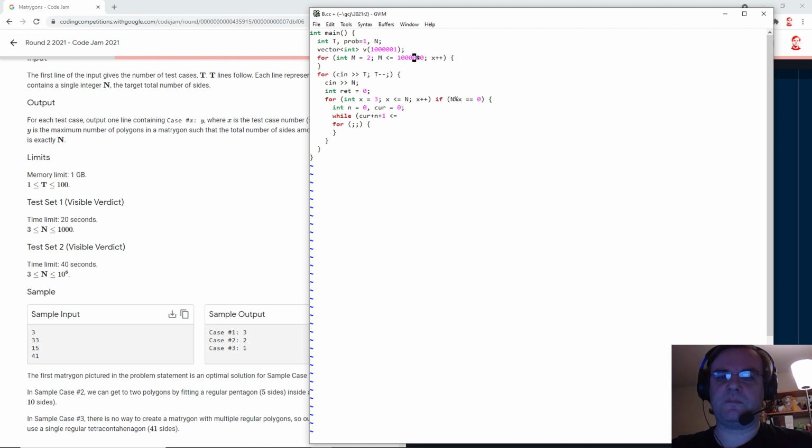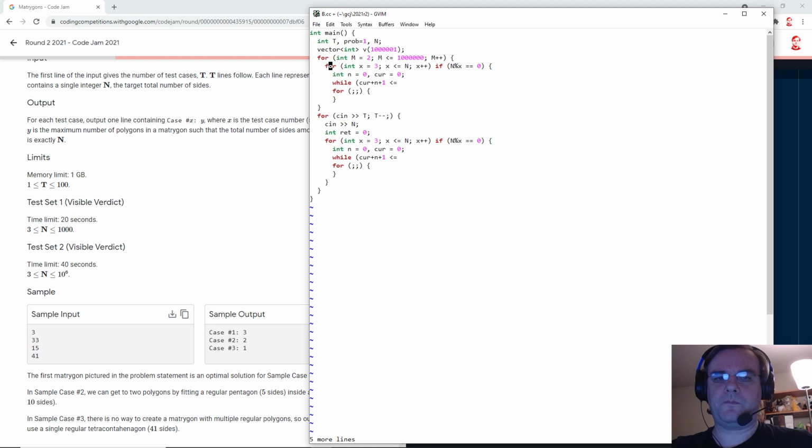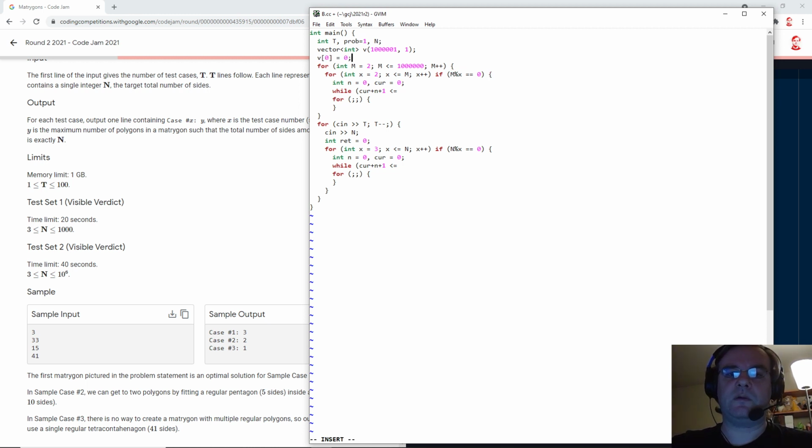Let me just do this. So V1. So you can always do 1. Well, V0 is equal to 0.